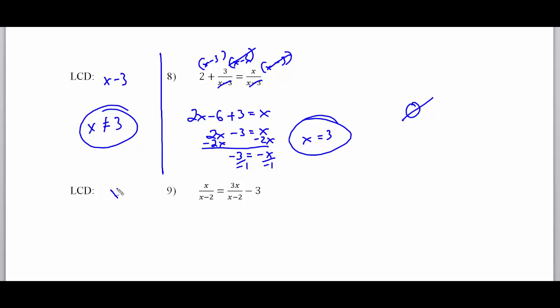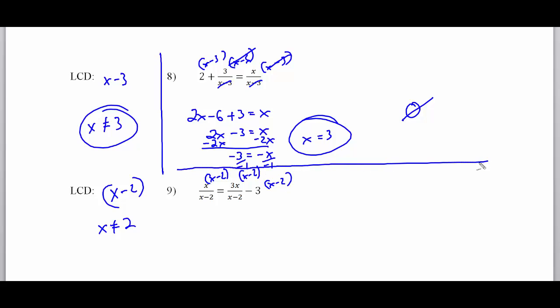Here the lowest common denominator is x minus 2. x cannot be equal to 2. So let's see what happens. So I'm going to multiply everything by x minus 2, and we'll just see. And I'll draw a little line here to not get those two confused. All right, so we got a little simplification there,